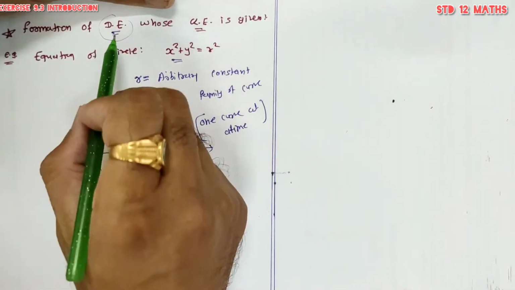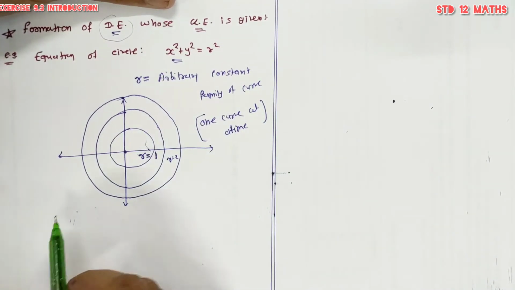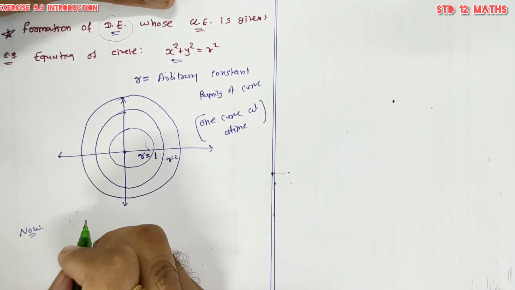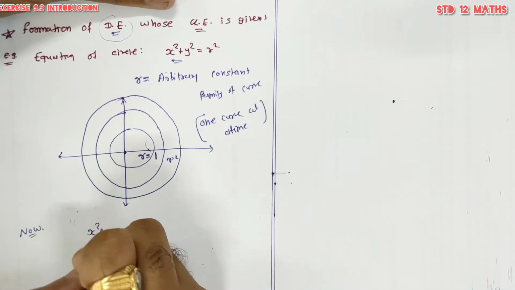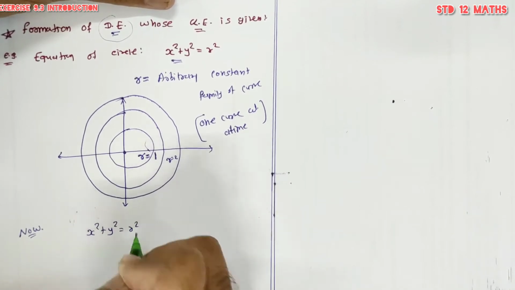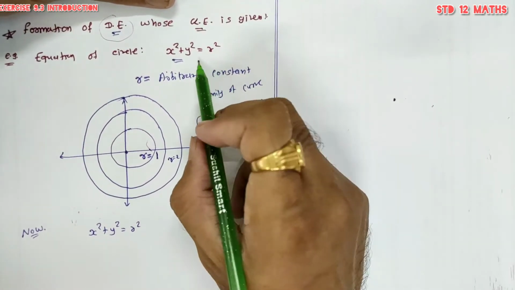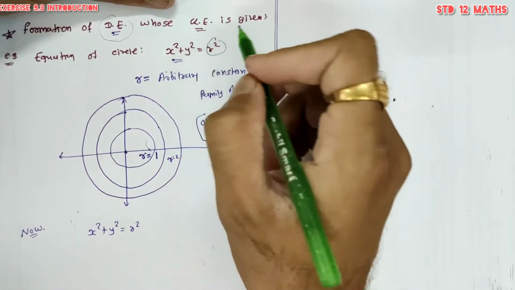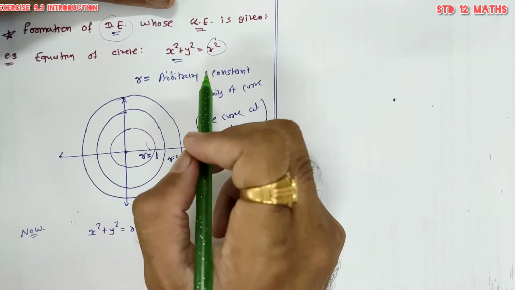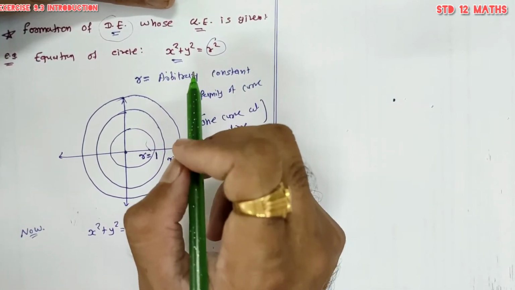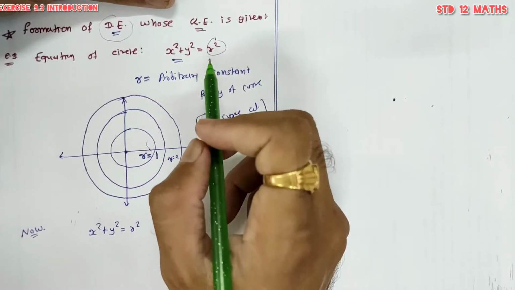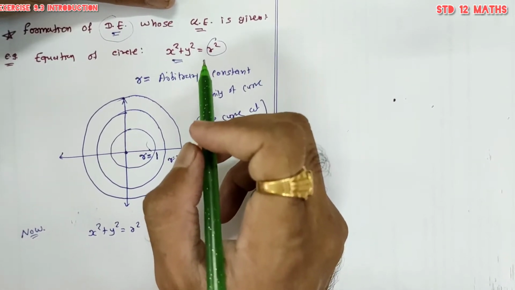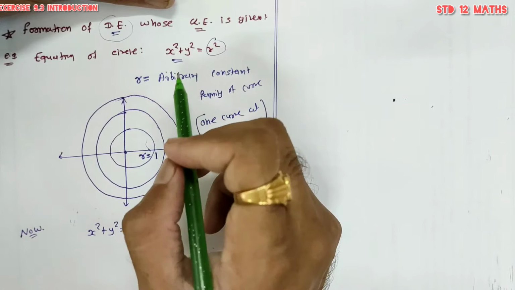So for that we require differential equation of this general equation. So how can we derive differential equation of this general equation? So we will start with this given general equation, which is x square plus y square equal to r square. Here I said that this curve represents only one curve at a time because it consists of arbitrary constant. There is an arbitrary constant in the equation. Because the arbitrary constant is present, at every point we have to put a different value of the arbitrary constant. So for different values of r we are getting different curves.